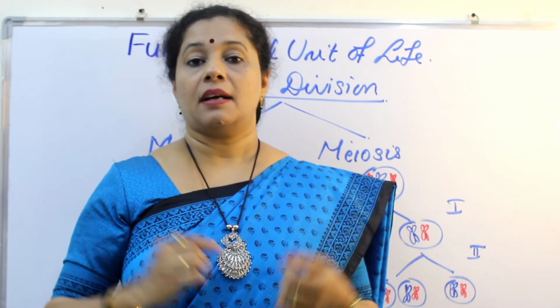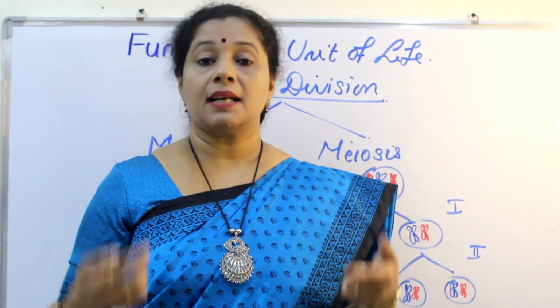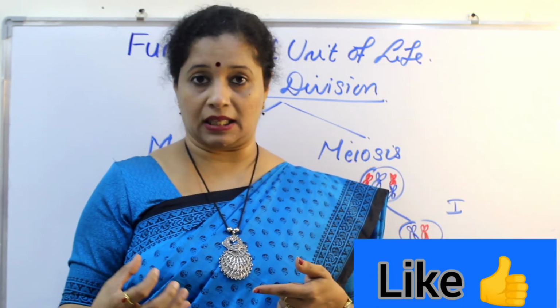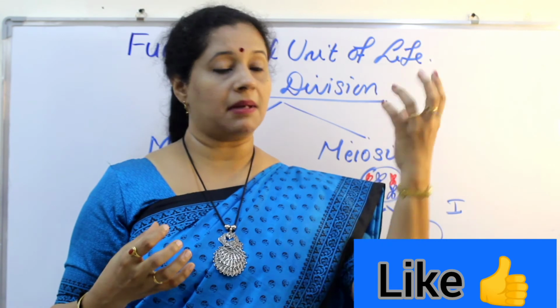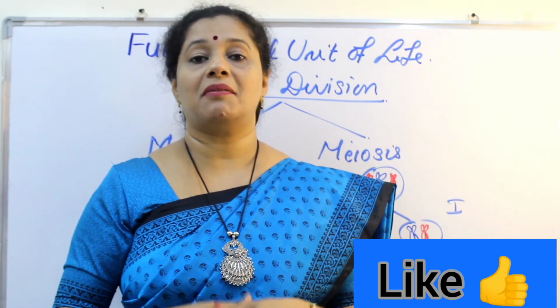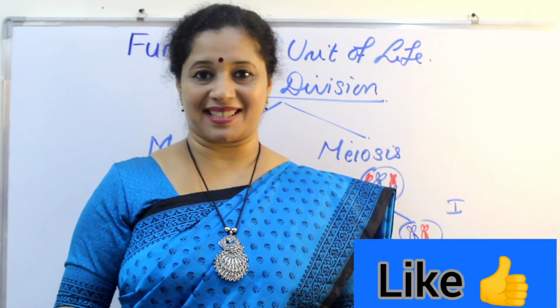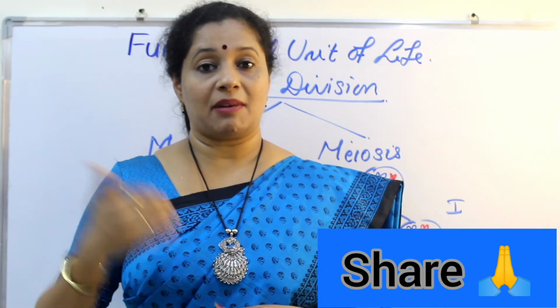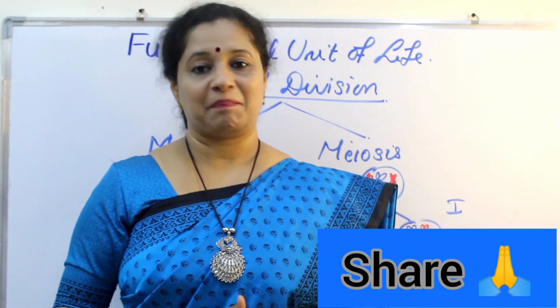So what happens when parents are producing gametes? They produce a cell with only half the number of chromosomes, that is 23. So from father 23, mother 23, when joins, the zygote will again have 23 pairs. So we all have 23 pairs. 23 we got from our father, 23 we got from our mother. Hope you